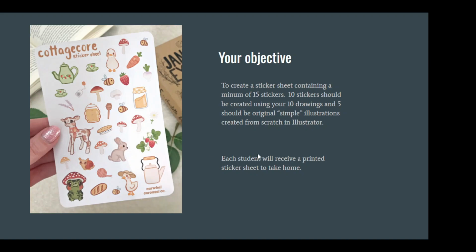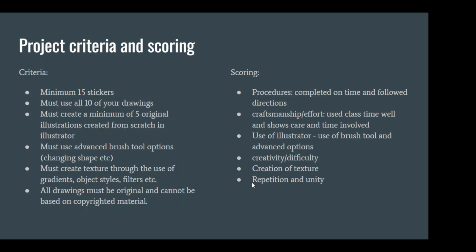Right? And then when we're done, you're going to get a sticker sheet. You're going to get an 8.5 by 11, which is a standard printer size sheet, full of stickers. So you could probably do more than 15 if you wanted to. Or we can print the same sticker sheet twice, so you get double the stickers.